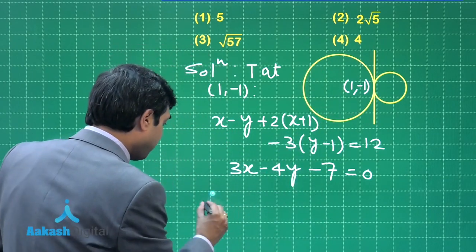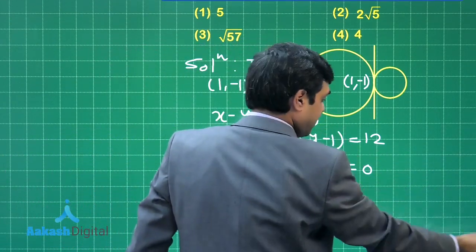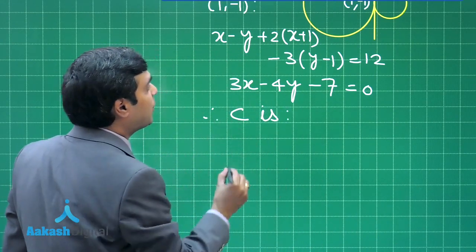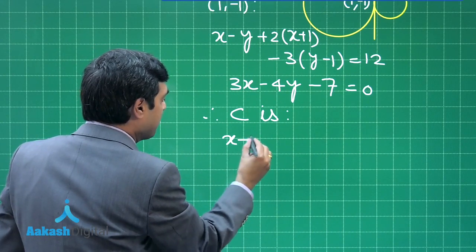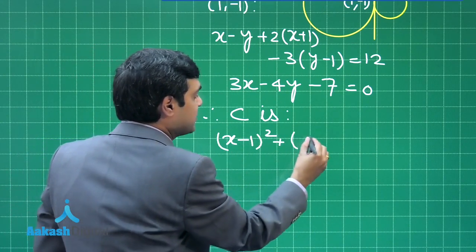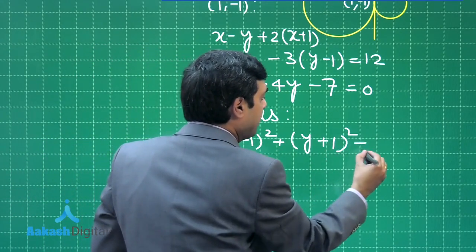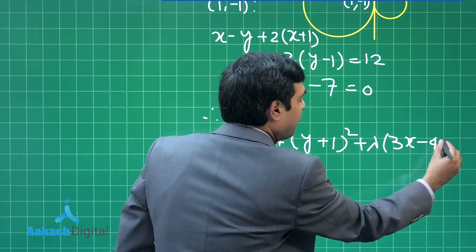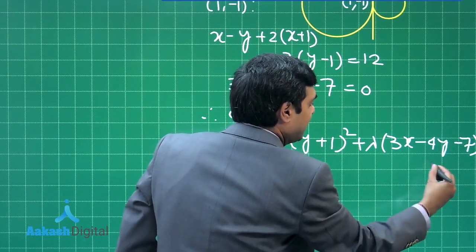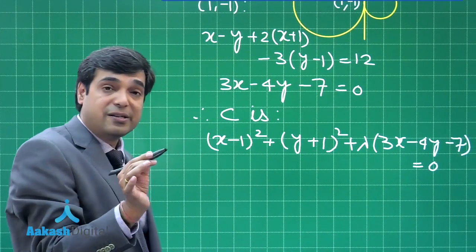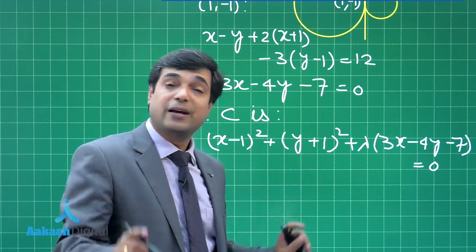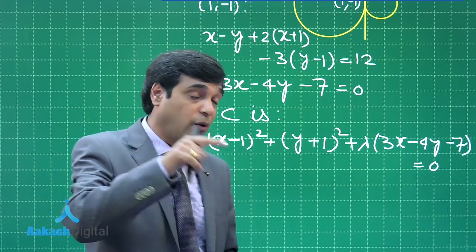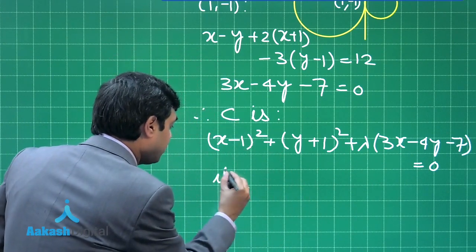Fine. Now, therefore, the required circle C, we can write the equation of C as (x - 1)² + (y + 1)² + lambda times (3x - 4y - 7) = 0. Which circle is it? In fact, we have written a point circle at (1, -1) and the tangent, so that we get the family of circles. Now, this circle passes through